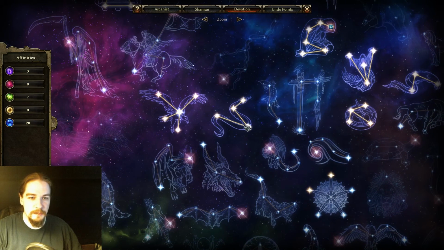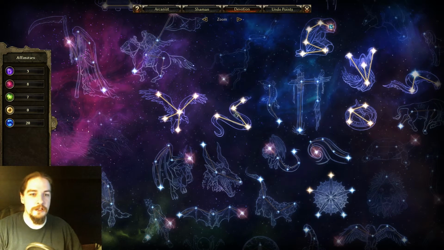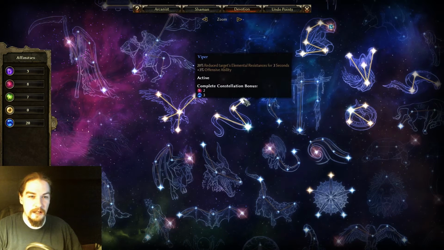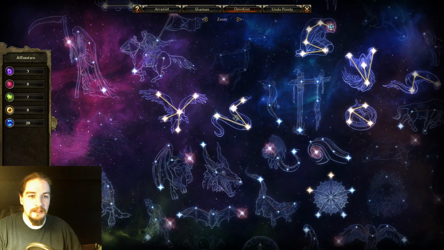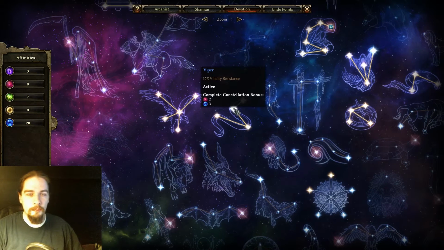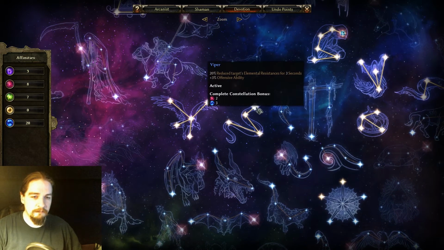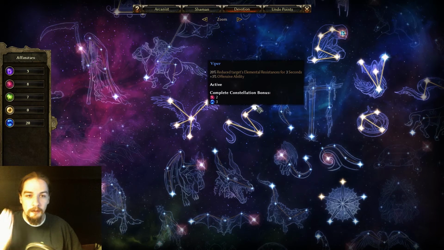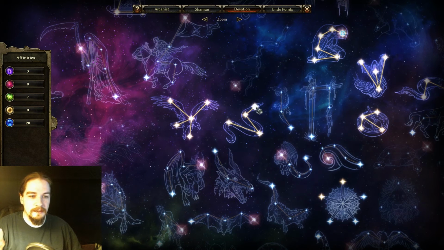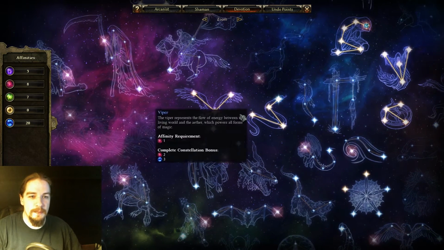So the Viper is 10 spirit, 15% chance of 40 energy leech over 2 seconds, and an energy absorption, vitality resistance, and then percent reduced target's elemental resistance for 3 seconds, and some percent offensive ability. That alone makes this kind of worth picking up. I use it a lot on characters, regardless of where they're going. It's good for meeting the chaos primordial prerequisites as well. But yeah, percent offensive ability is really awesome. If you are using weapon attacks and you're elemental based, it also might be worth it to just pick this up,